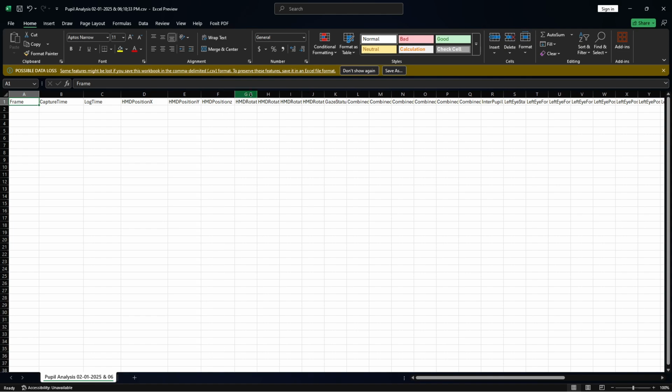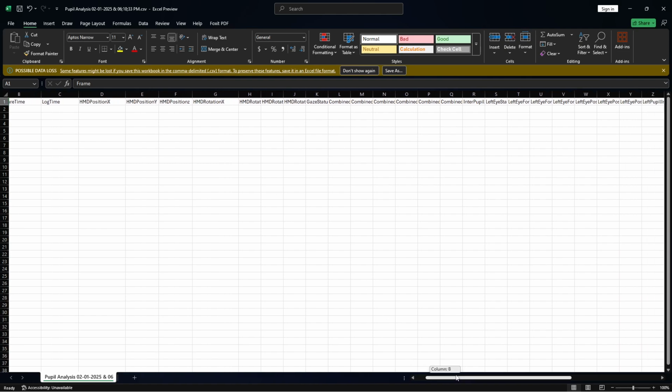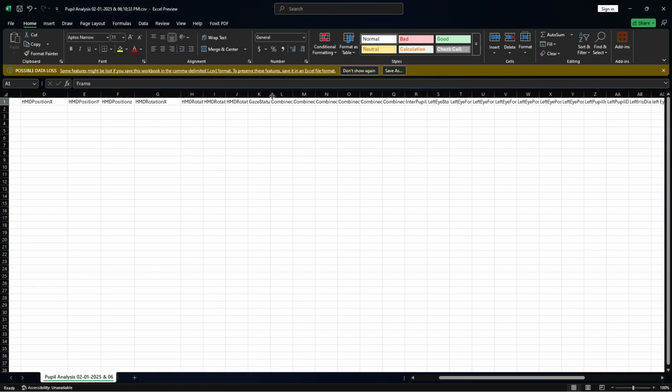I wish they kind of automatically got the columns as they were. But as we can see, we're collecting things such as the frame of when that data is collected, capture time in log time in nanoseconds, the XY position of the head mounted display, the rotation of the head mounted display, that is the user looking up, down, left, or right. We also have gaze status. All of these